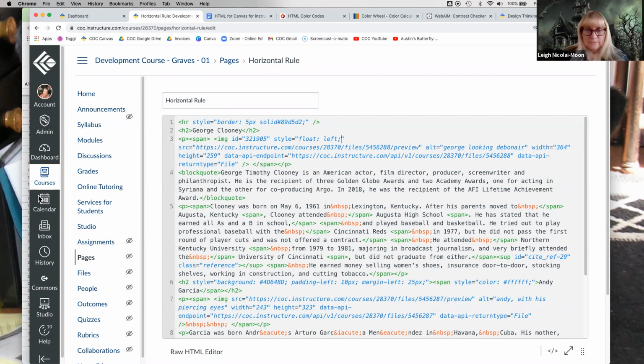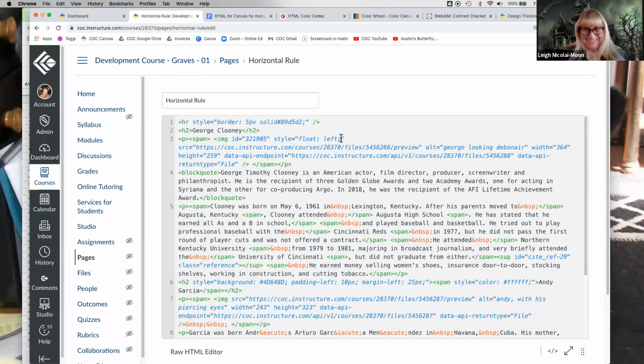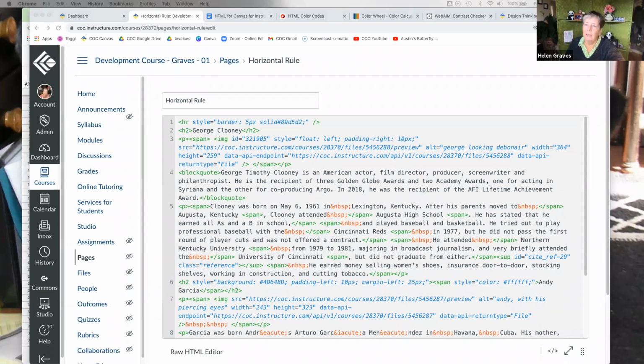Now, suppose you want a border around the image. Actually, let me put the padding back in. I need to show you something. Padding right, colon, space, 10px, semicolon. All right, so now we want a border around the image. I'm just going to show you this and I'll put it in chat if you're following along. In the style parameter, I would just put my cursor at the end of what I've already got so far, add a space, and paste my border parameter.